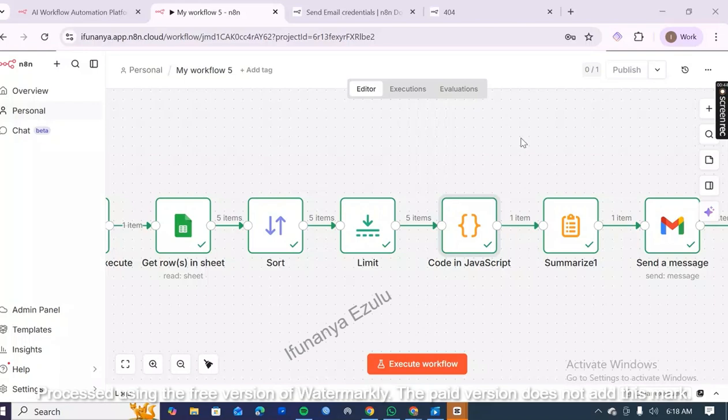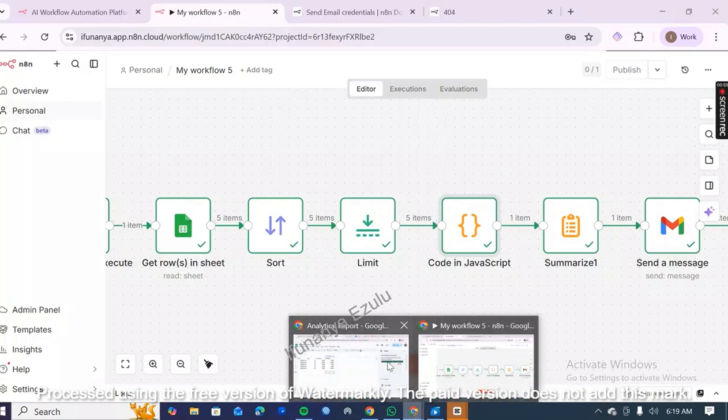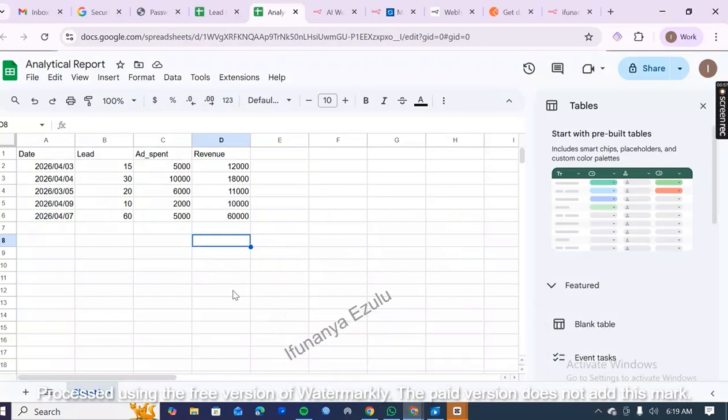So I started by getting dummy data so that the workflow can pick up information immediately and execute. So here is the dummy data I used. Okay,